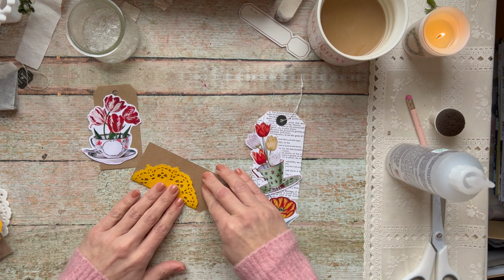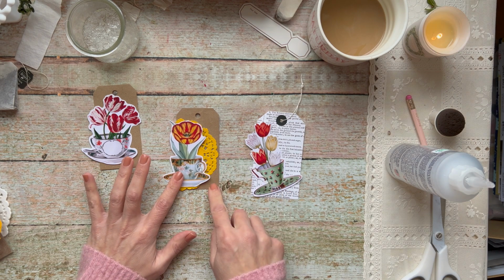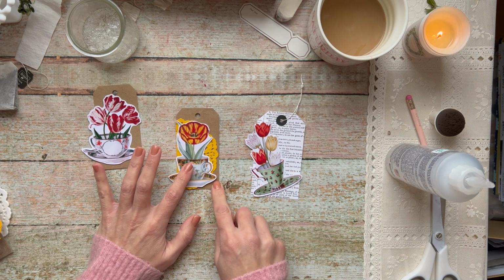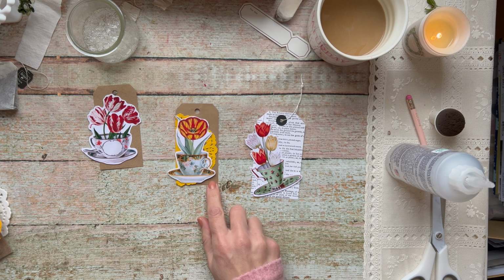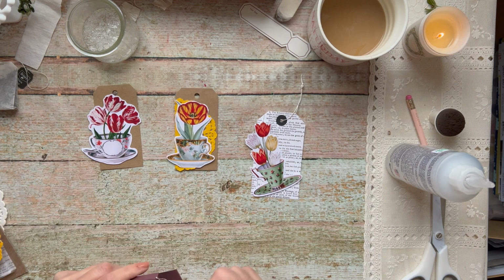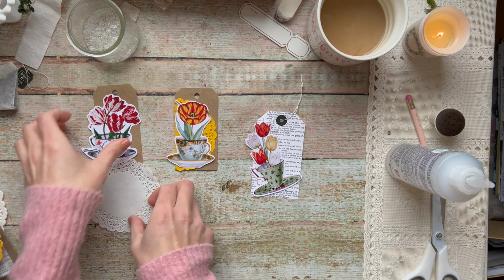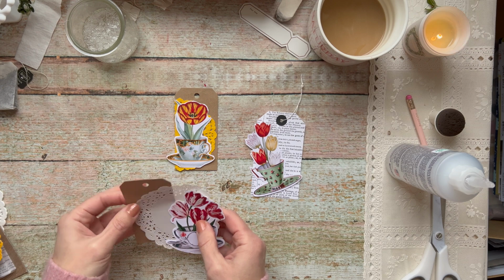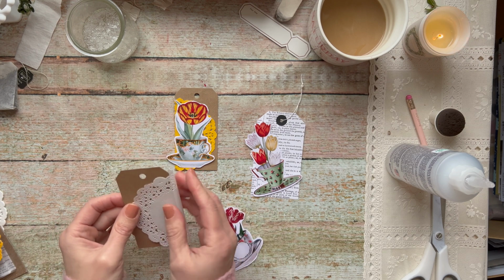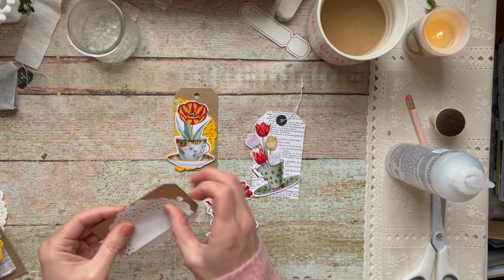So you can see that I fussy cut 3 of the tulips in the teacups out, and I printed these on some premium matte photo paper, so they're very rich and vibrant, and I really like the way that they pop. And I decided to use some pre-existing tags that I had in my stash, and these are on the smaller side. They're a small brown craft tag and then a slightly larger sort of newsprint tag, and I got